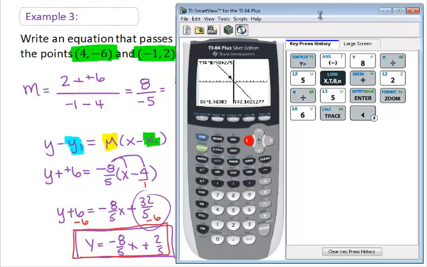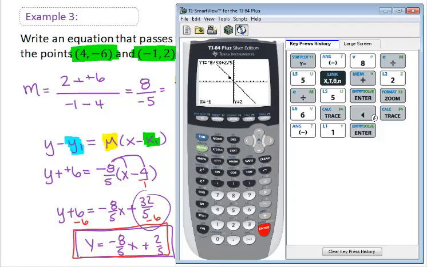The way that you do that, after you push your trace button, is you want to type in your x value. Well, our x value for our second point was -1. So you hit the trace, and then you type in -1. And that's telling you down here at the very left that you are typing in -1. If you hit enter, then it confirms your second coordinate, or the y value, the y equals 2 value that goes along with it. So our graphing calculator just confirms that we are going through the point of (-1, 2).